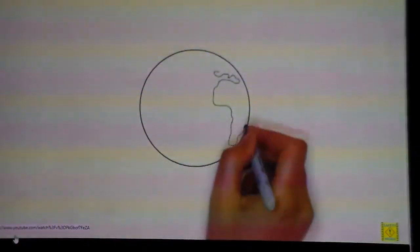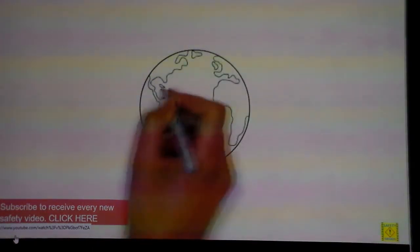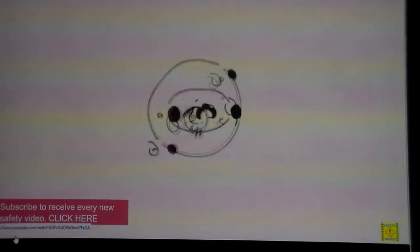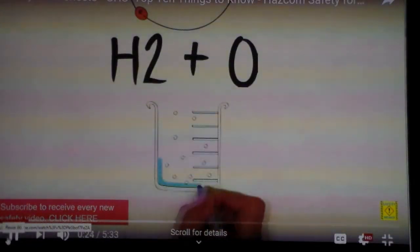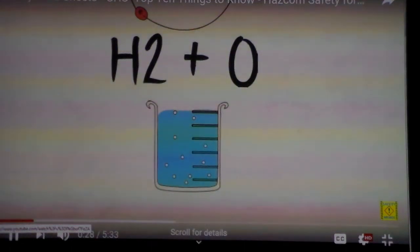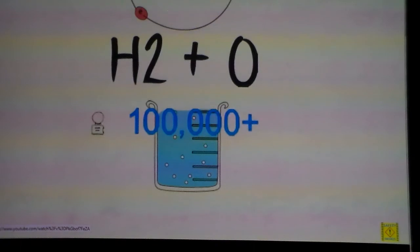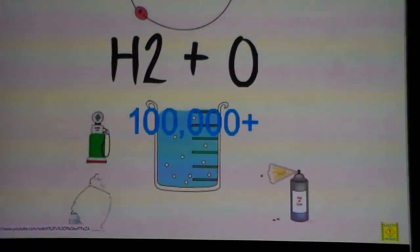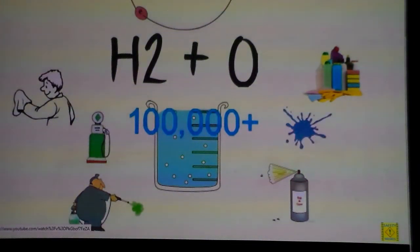We live in a world of chemicals. Our bodies produce and use chemicals. Plants and trees produce them. Even water is a chemical compound. Other chemicals in our world are man-made synthetic compounds. Although we don't know exactly how many man-made chemicals are in use today, experts generally agree it could be more than 100,000. Gasoline, paints, household cleaners, detergents, toiletries, wipes, solvents, everyday products used at home or work are made of